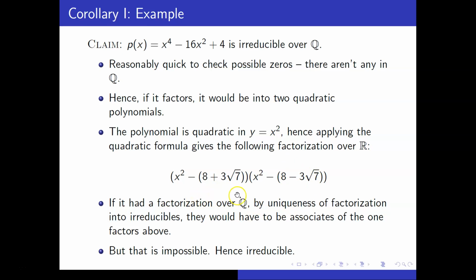But that can't happen. In order to wipe out this radical, I would pick up a radical on the x squared or something like that. There's just no way to do it. So because this factorization exists and is quadratic but isn't rational, it has to be irreducible. All right, now,